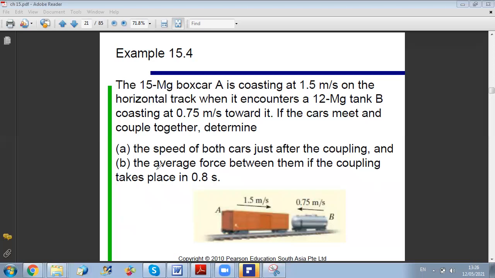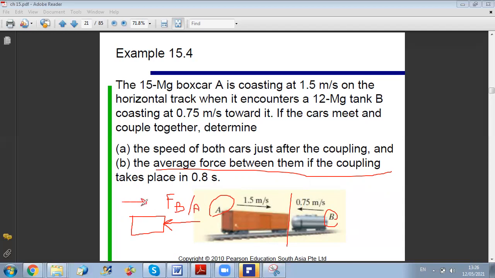فأقدر أجيب الـ coupling force، مثل ما قلنا مفروض نجيب الـ impulse. فهون عندي two choices، أو باخد A لحال أو B لحال. Both will give me the same result. إذا باخد A، this is A. Okay, I know that B will act on it towards the left. This is F of B on A. I know the initial velocity V1 هي 1.5 meter per second، يعني بعرف الـ initial momentum، وهلا عملنا calculation سوا لـ V final، so صرت أعرف كمان الـ final momentum.